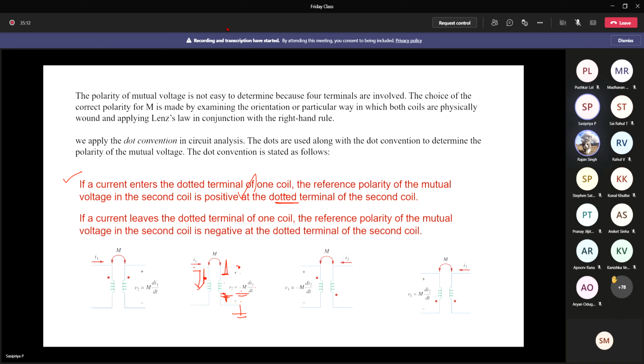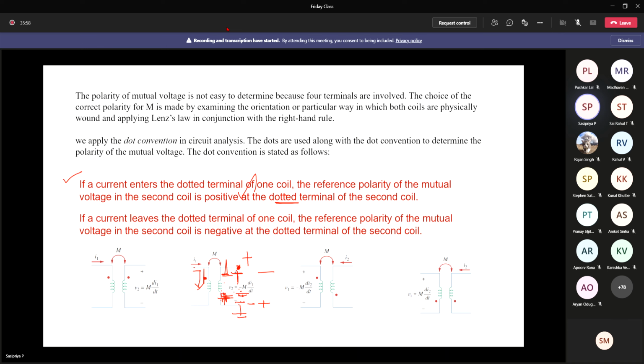I understood that according to this dot convention in the second coil, near the dot it will be positive. Yes, correct. But why have we written a minus here? That's why I'm repeatedly saying: here we have a positive polarity, but how is V2 written? It's plus minus, no? That's why this plus minus is opposite to that plus minus. That's the reason we are writing minus M into di1 by dt. So the mutual voltage with respect to this terminal will be minus, whereas if I measure the voltage like this, then it is going to be plus M. Since V2 is written this way, it's going to be minus M into di1 by dt.